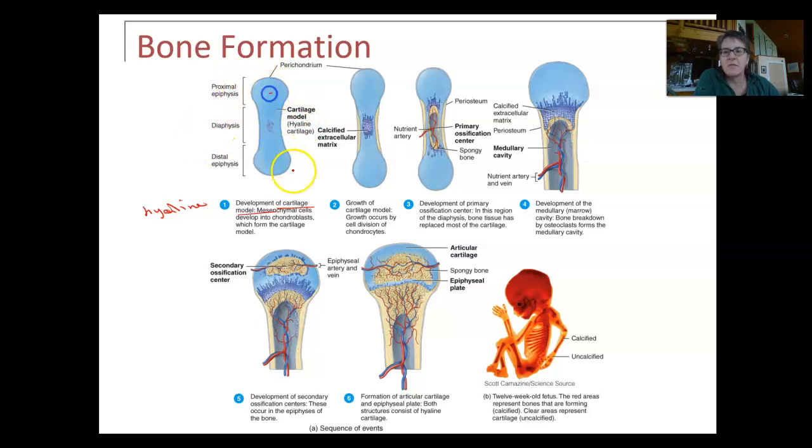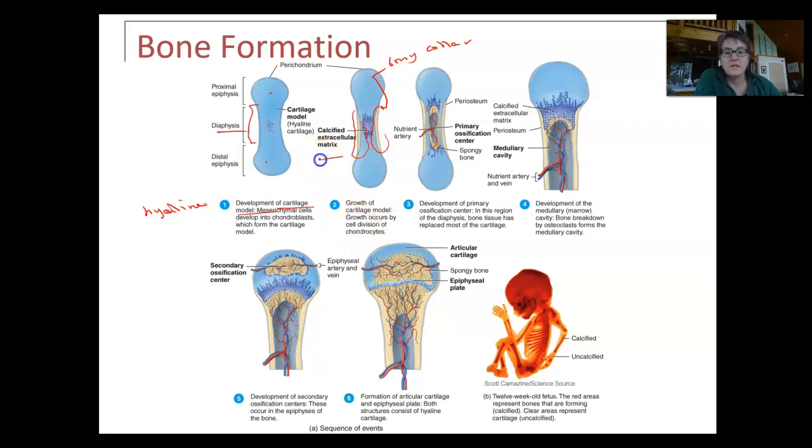And this cartilage model has an epiphysis, proximal and distal end, and it has the diaphysis, shaft area. Now what happens is I start, because I have blood supply, I have all these wacky signals going on. I start getting a bony collar here, right? This bony collar isn't even labeled. Oops, well that's what this guy is. A bony collar. And I start getting these cartilage cells